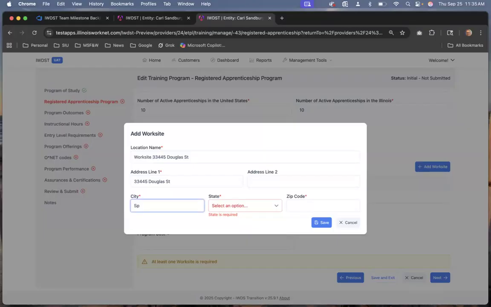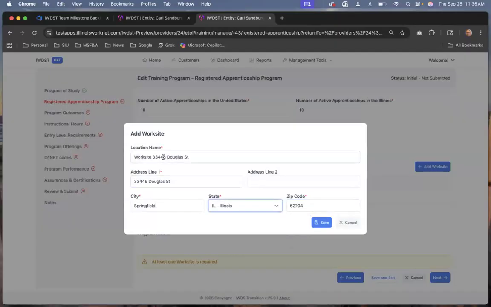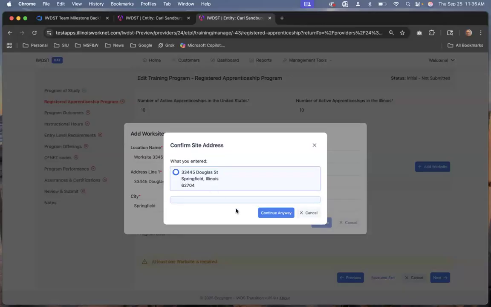This gives me a chance to tell you some other things about this. So this address verification stuff, that was in another one. I'll tell you what we're doing here. What it's going to do is tell you that we didn't find any location that was close enough to this location when we do our address verification. It's going to tell you that here. You can continue anyway, or you could say, no, I must have double hit something. There's not even one of that. Well,